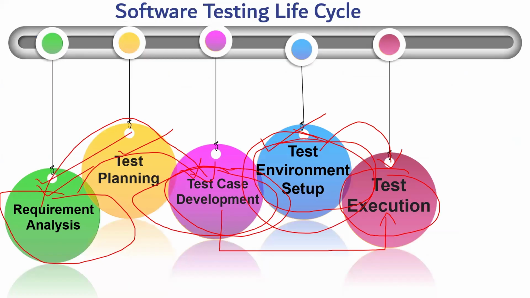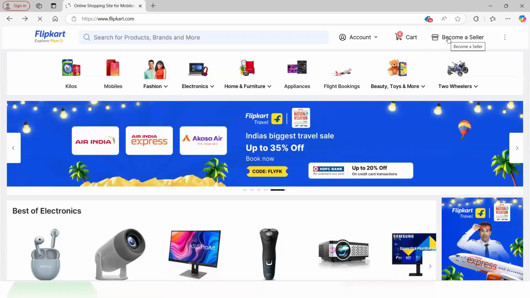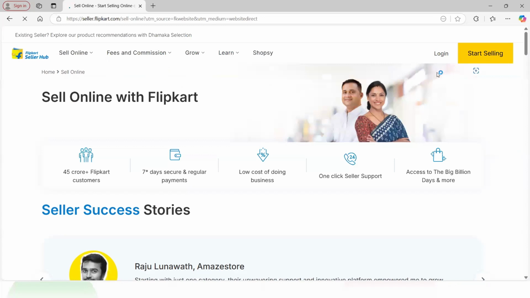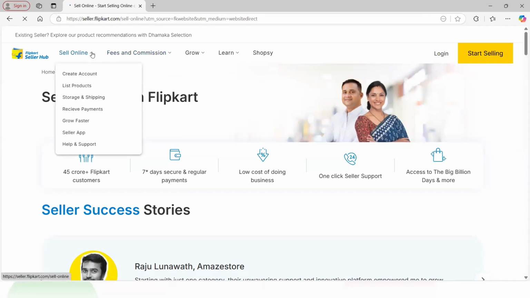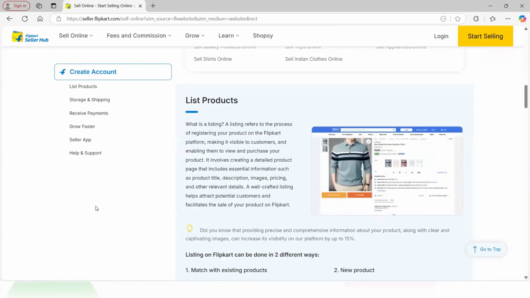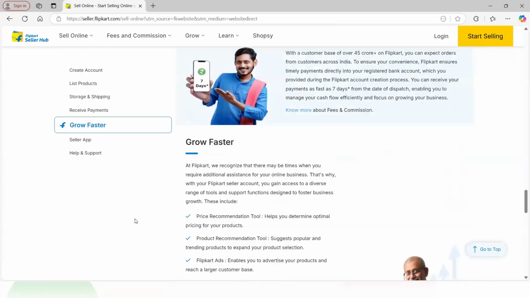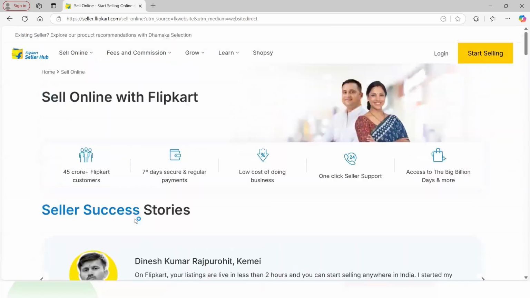What is the requirement? I'm a client, I will give it to you. The user can come to become a seller, then they can log in, and they can start selling the product. They can see online whether to create all these options. These are all requirements, guys. My requirement: they need to have a video here, and they need to have a different UI.